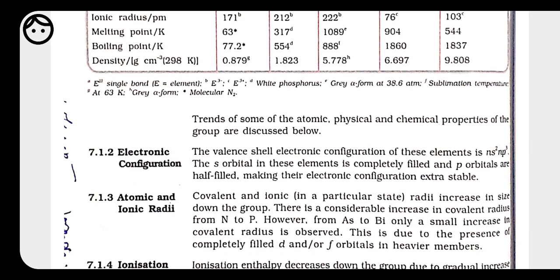And ionic radii means what? Many elements can lose or gain electrons to attain stability. The radius of elements present in their ionic form is called ionic radii. If we are talking about the atomic radii of p block elements, it decreases on moving from left to right in a period and increases from top to bottom in a group.